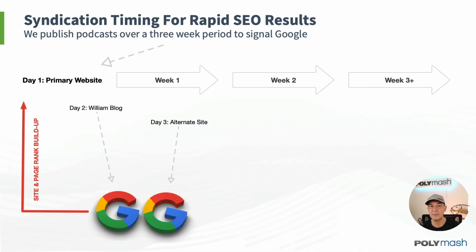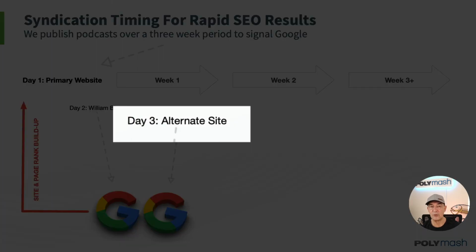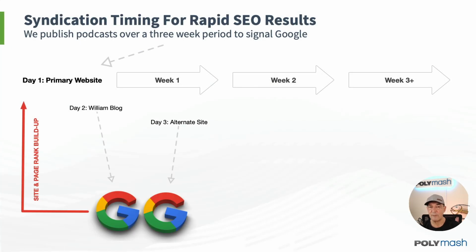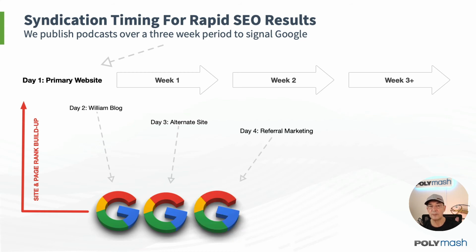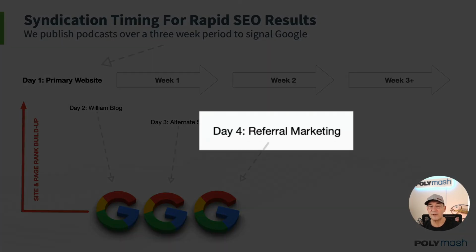And that process repeats itself. So if you have a secondary site, if you have a partner site, if you even have a site where you can deploy the content in a way that's not necessarily visible on the homepage or even the navigation, it still helps you because it earns you a backlink from Google. So many people have more than one website or have a business website and one for their podcast and maybe even a private or personal blog. The more, the better.